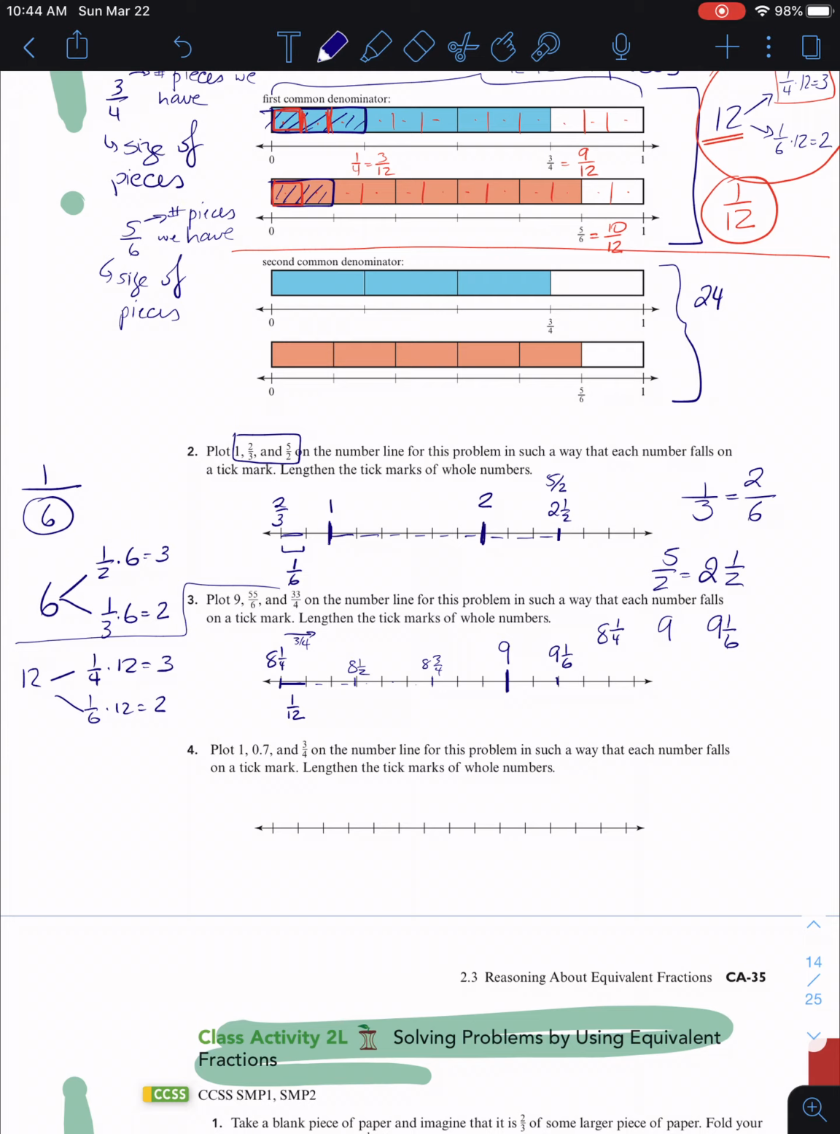And I'm going to leave number 4 for you to work on. And if you have any questions on that, you can come and we can talk during the